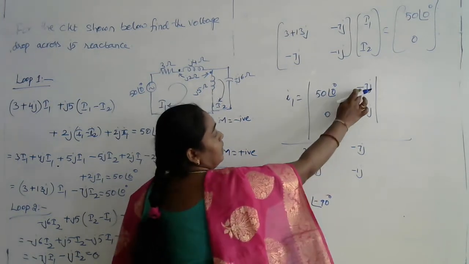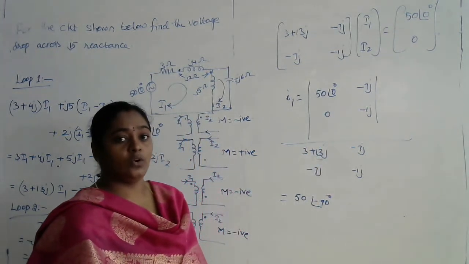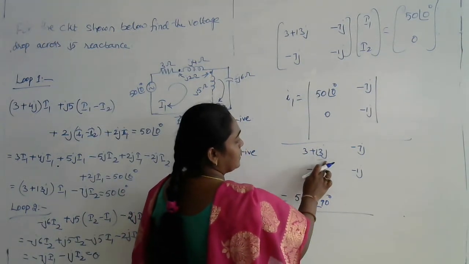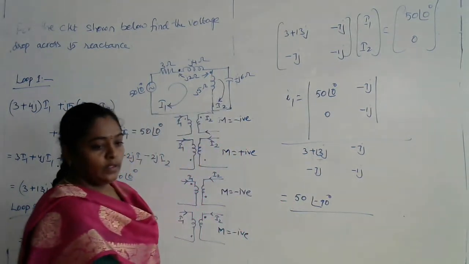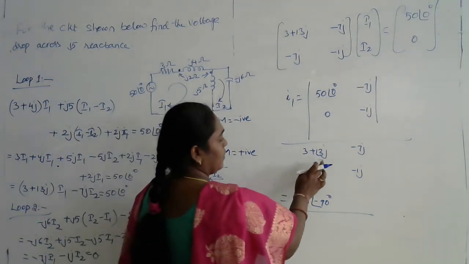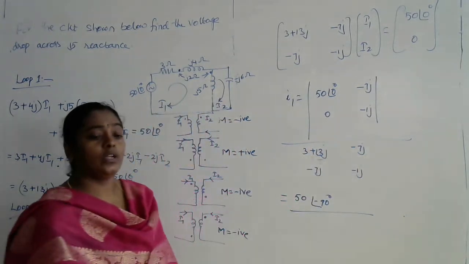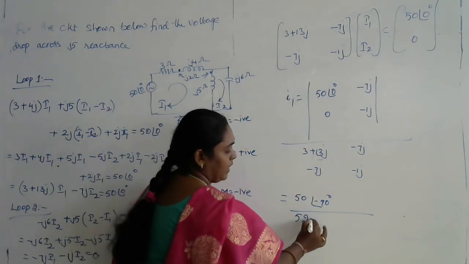And here if you cross multiply, anyhow minus 7J into 0 is 0. Similarly for the denominator, 3 plus 13J into minus 1J. If you cross multiply, that is AD minus BC, and if you convert into the rectangular format, you will be getting the denominator as